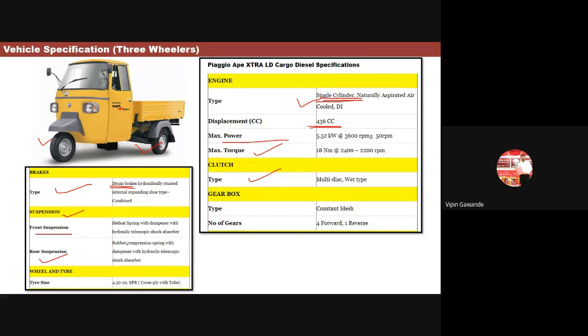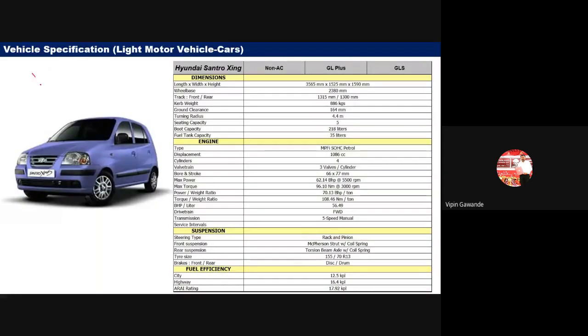Okay, so which type of suspensions are given? It uses the springs and shock absorber. Okay, wheel type. So here tire size is also given. So here this is again 4.50. There is another specification. Okay, so from here also you can identify the various types of the specification. Now if you are purchasing a car,